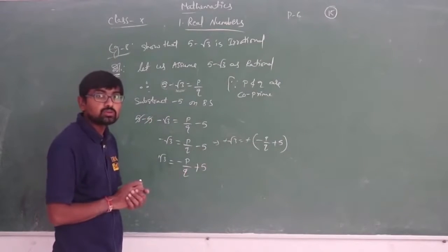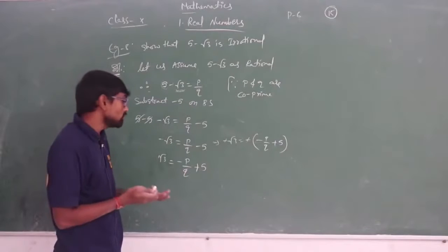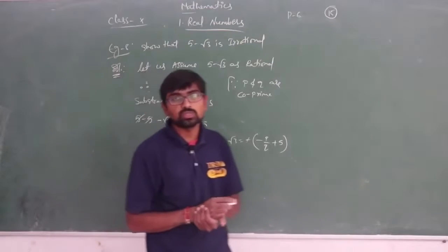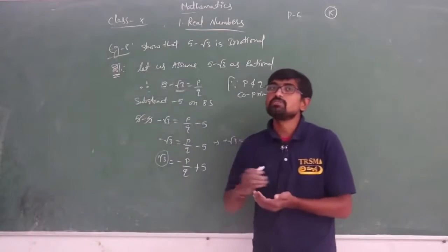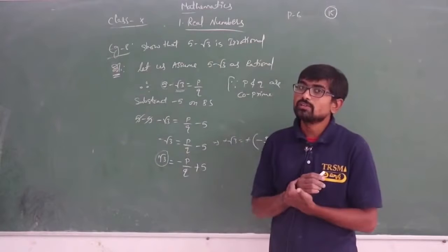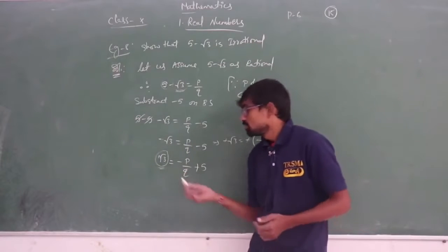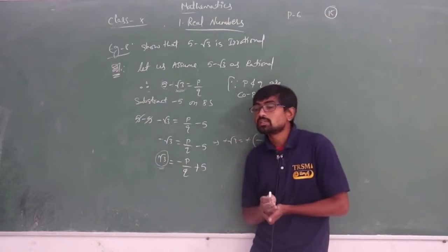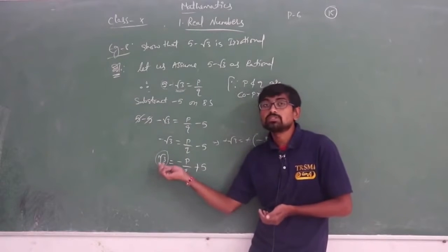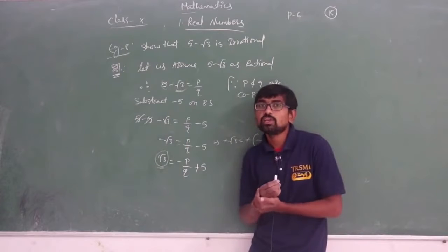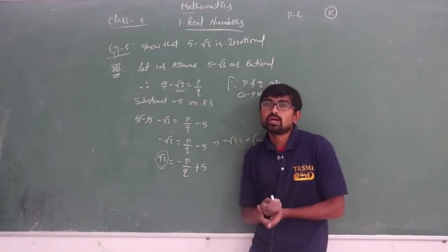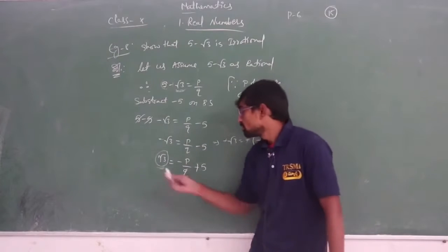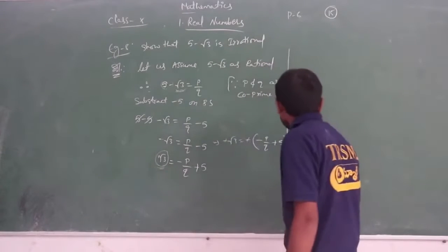Now, what do we need to do now? Directly you can write. In our previous question, what did we do? In our previous session, the single digit number which is under the root, we proved it as irrational. Why? Because we got that as not co-primes, isn't it? So you can write directly.